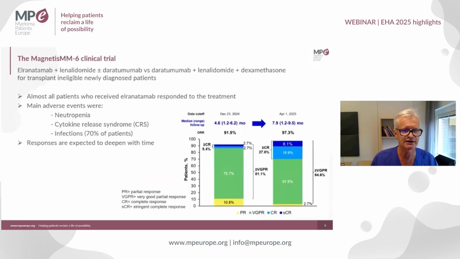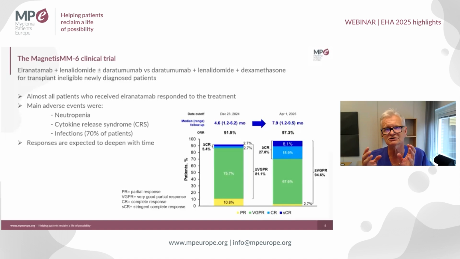Another first-line study was this MAGNETISM-6, where a bispecific antibody, elranatamab, was used. And you know, the bispecific antibodies, they are directed towards myeloma cells, but then they have another arm that grabs a defense cell, a T cell, and sort of puts them together, and this is extremely effective. And in this trial, it was combined with lenalidomide, and then it was plus or minus daratumumab, another CD38 antibody,